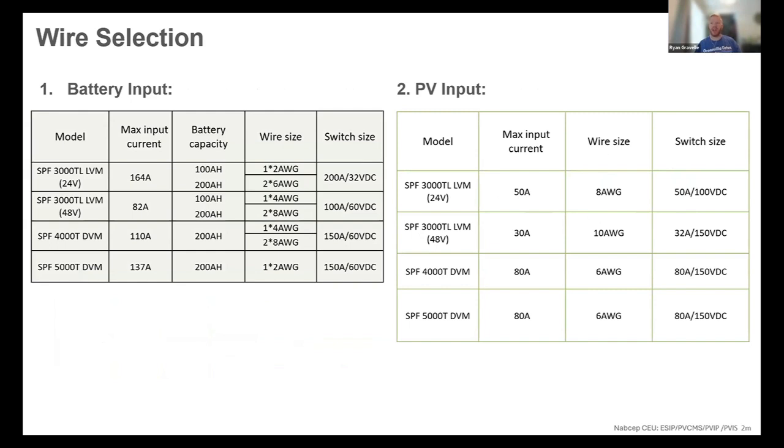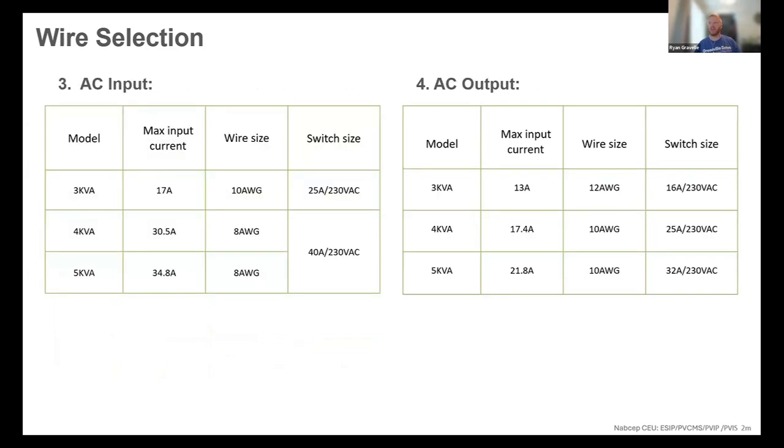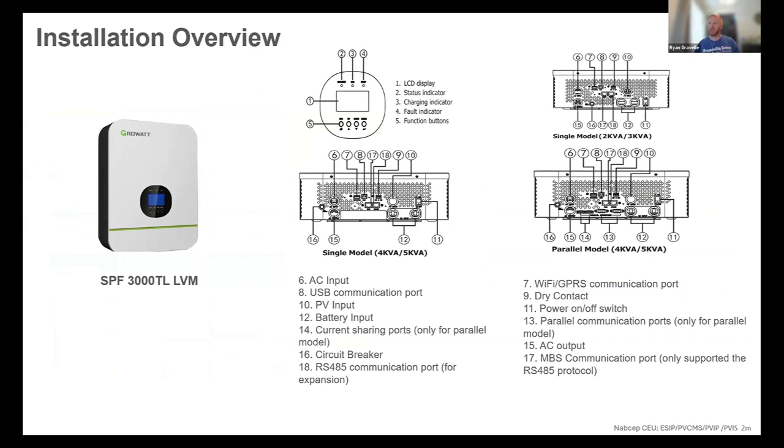We do have quite a variety of SPF products available for your use. And similarly, same thing for the AC wire size solutions. So this one here, showing the installation ports and terminals. One of the items is, depending on how you're looking to get these